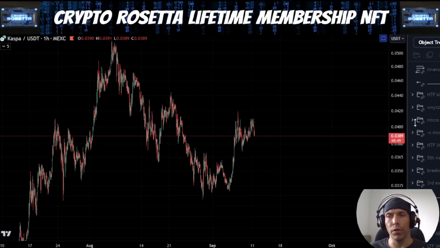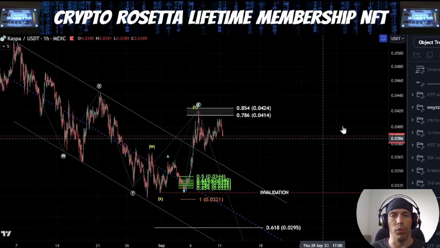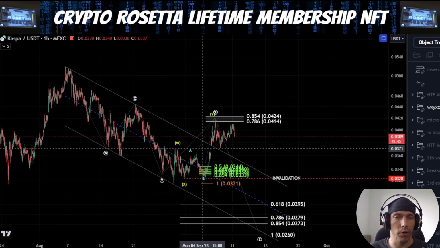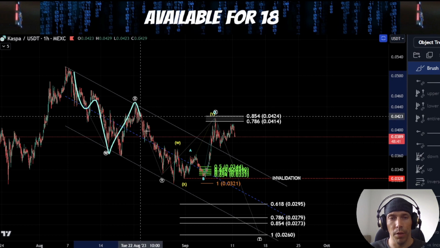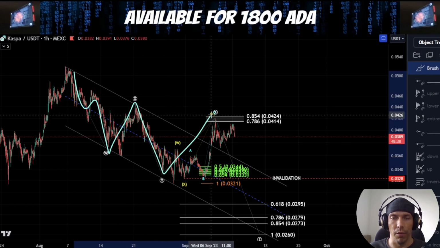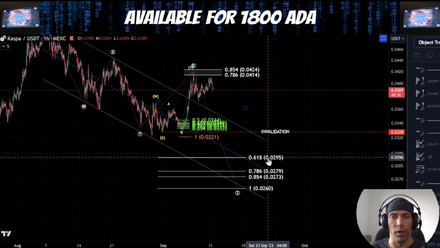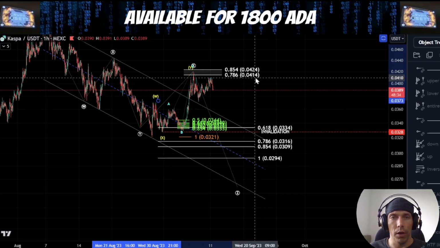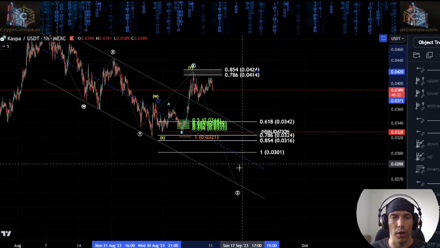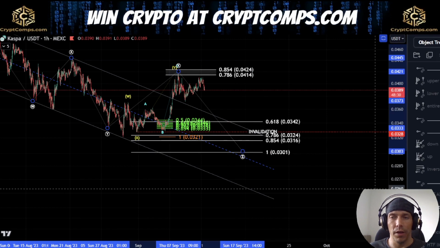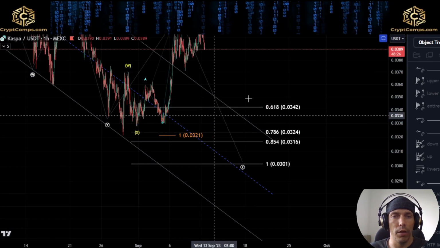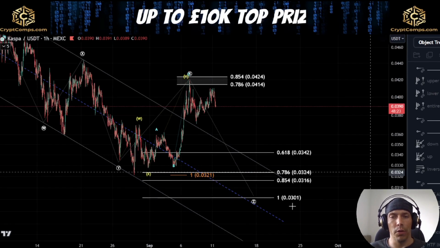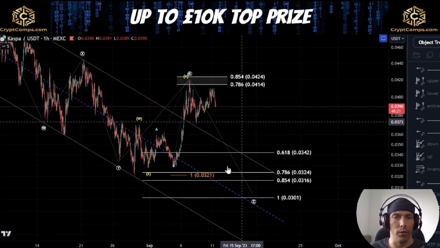Now, we also discussed the possibility that this move could be still in a bigger corrective structure here, where effectively we have 3 waves down here, 3 waves up, 3 waves down, another 3 waves up, and what we're looking for is a Z wave to the downside. Now, I'm going to actually move this up now because this target has changed, and basically what we'd be looking for here in this idea, I'm going to remove some of these other things off the chart, is this 1-to-1 idea to the downside.